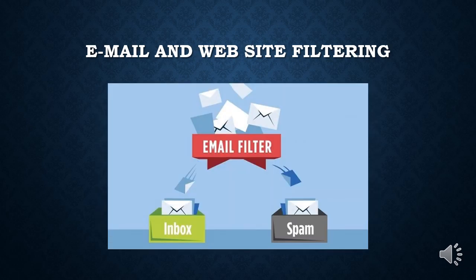Number 2, email and website filtering. Email filtering scans incoming messages for malicious programs, links, spam, or phishing attempts. Website filtering blocks access to sites containing malicious content. Web and email filtering is seen as a first line of defense in defending email or web browsing related cyber attacks, even before users, the second line of defense, can fall victim to a phishing attack or enter websites with